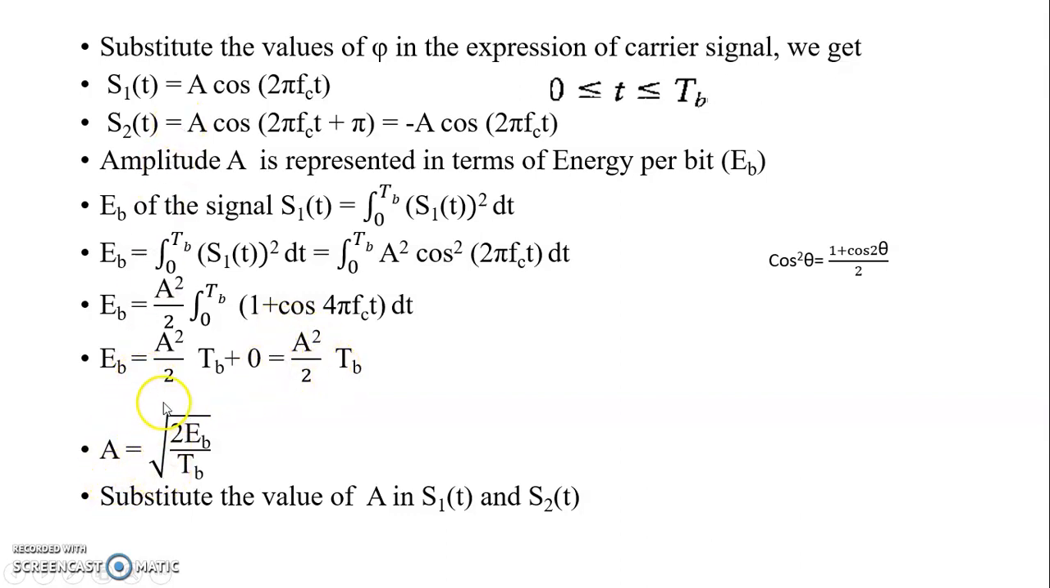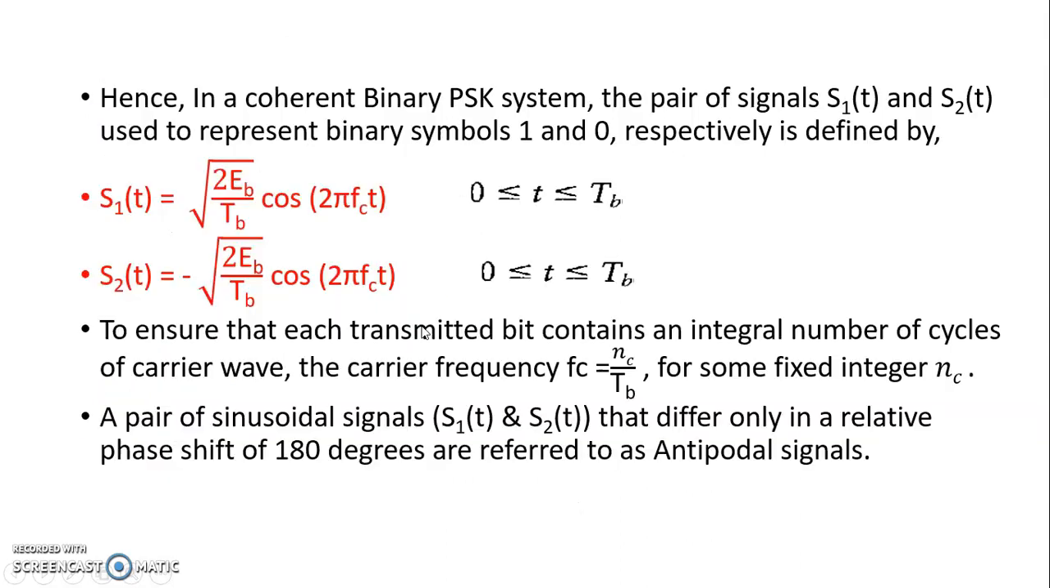A is equal to root of 2Eb by Tb. So substitute the value of A in the expressions S1 of t and S2 of t. So you will get S1 of t is equal to root of 2Eb by Tb cos 2 pi Fc t over the interval 0 less than or equal to t